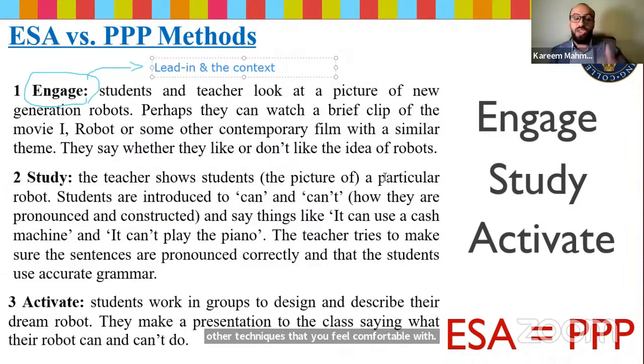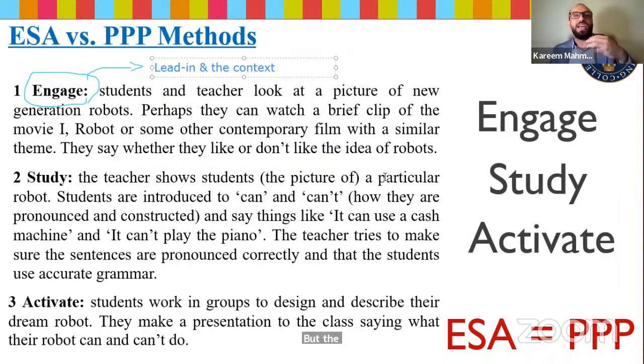And then eventually you give them activities that they could use to generate the ideas that they used in the beginning, plus the target language you presented to them in this activity. So in that particular part, the ESA is equal in the structure only to the PPP, because it's engage, study, and activate. And the PPP, we have presentation, practice, production. So 3 stages against 3 stages. But the only difference here is that the PPP aims at accuracy, but the ESA aims at fluency.